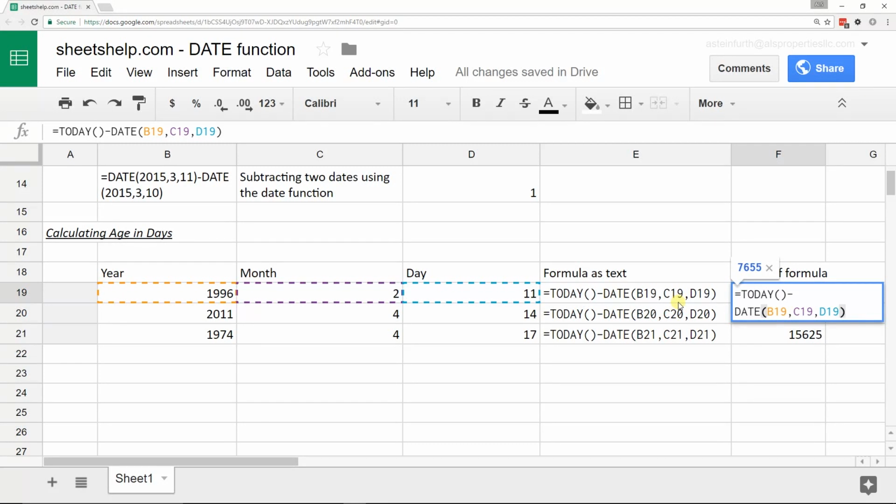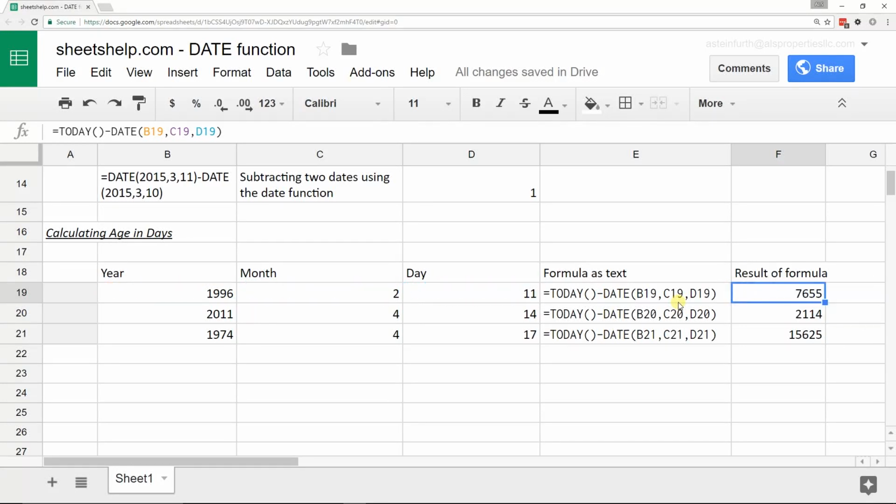So what this is doing is this is calculating the age. Let's say these are people, the age of these people in days. So it makes sense to be using the today function as well, because tomorrow they're going to be a day older. If you were going to look at this just to see someone's age, you'd probably want to divide it by 365. But an even better way to do it would be to use the DATEDIF function,